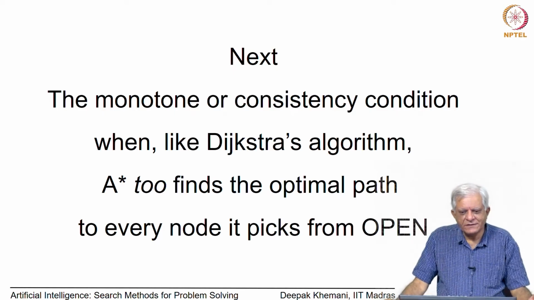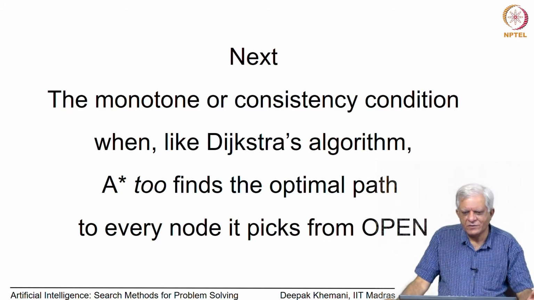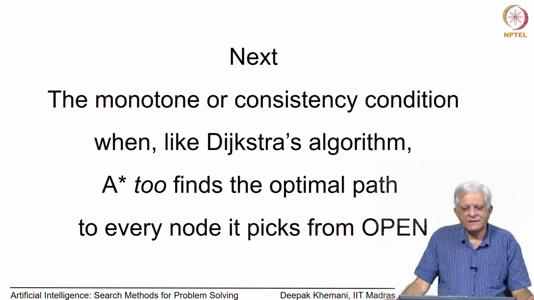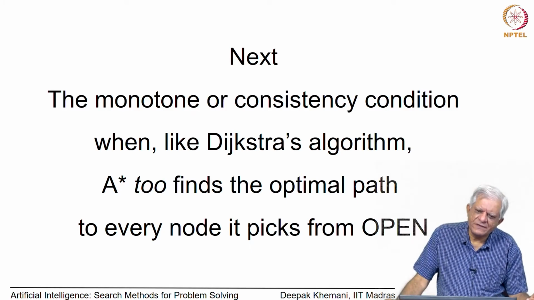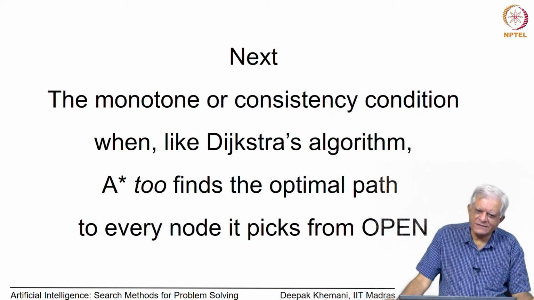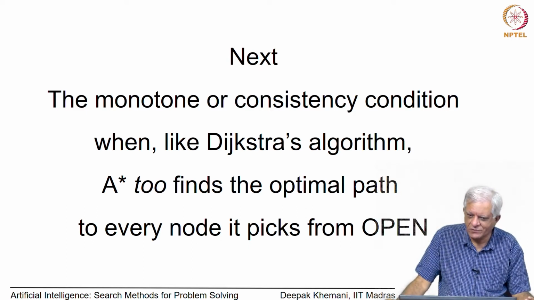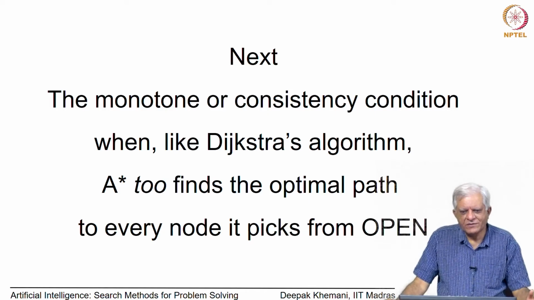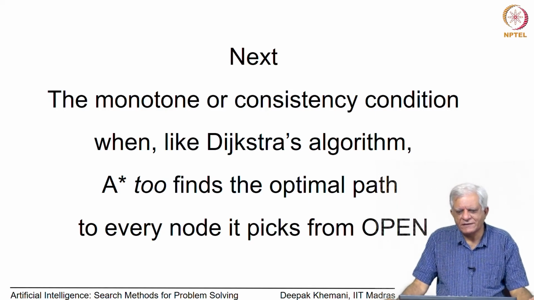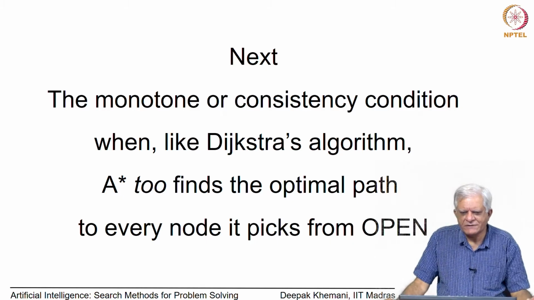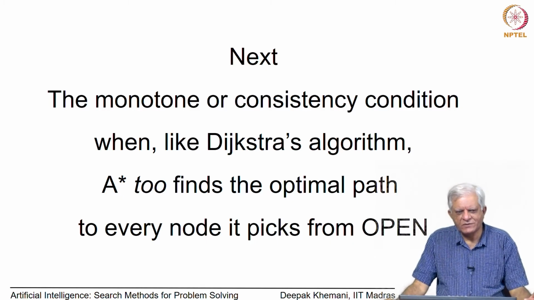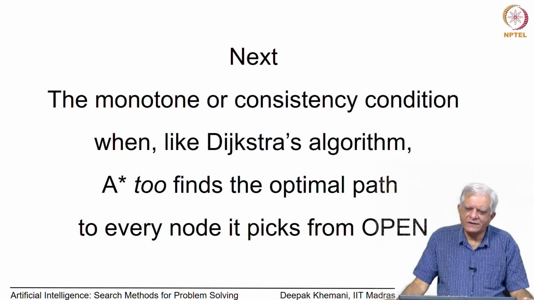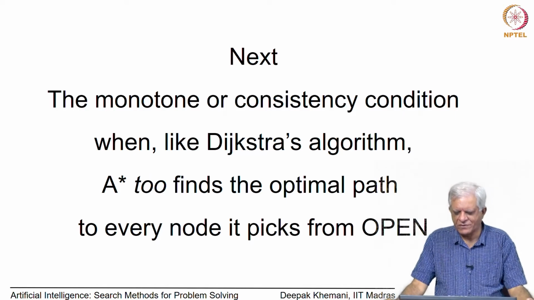And it can turn out later that it can pick up another node from open and from that other node find a shorter path to the node in closed that we have added, which means that when it picked the node, it did not necessarily find the shortest path to that node from start, unlike Dijkstra's algorithm, which we argued does so. And we also argued that was because Dijkstra's algorithm worked with known values, which is a known cost, and at the point when it picked up, it knew that there was no other possible shorter path anywhere in the graph from the start node.